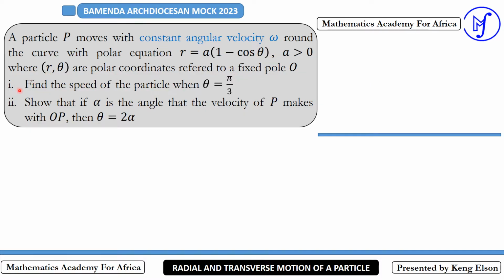Roman 1. Find the speed of the particle when theta is equal to pi ln 3. Roman 2. Show that if alpha is the angle that the velocity of P makes with OP, then theta is equal to 2 alpha. So I'm going to begin by giving you guys some basic recalls that you need to